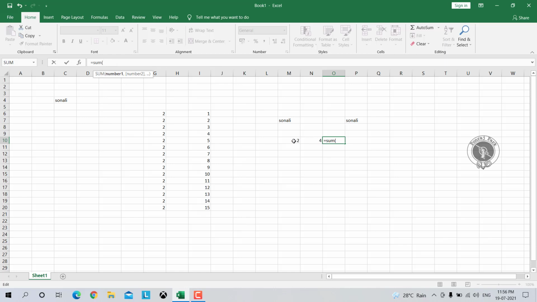Now click on the number which you want to sum, put a comma, click on the second number. Now I'll close my bracket and press enter. So here you can see it has calculated the sum of these two numbers.